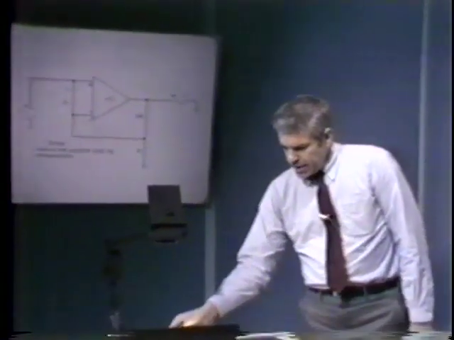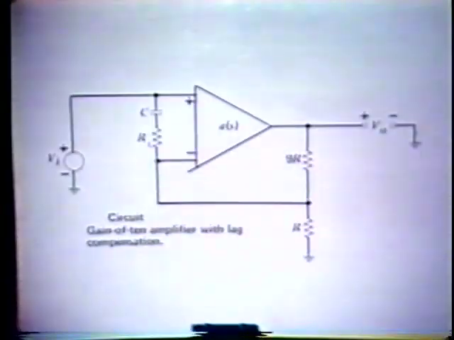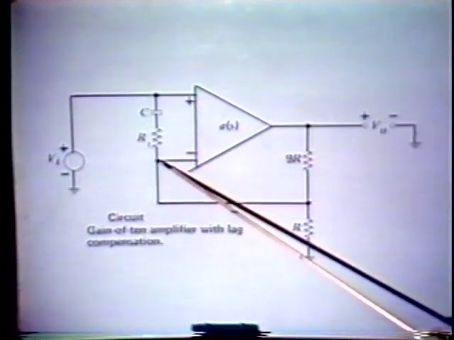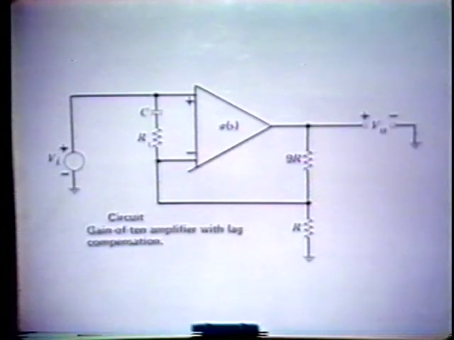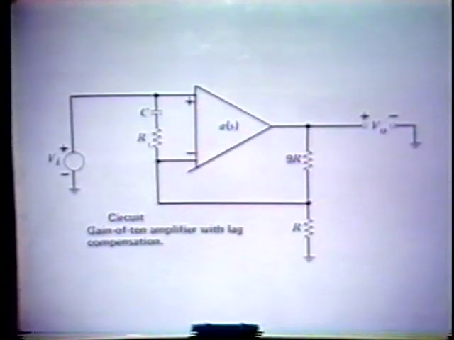Well, that's one kind of compensation that we can apply to our operational amplifier. What else might we do to it? We talked about lag compensation, and I'd like to look at how we might apply lag compensation to this system. We mentioned last time that when we use this configuration with resistive feedback in a non-inverting configuration, if we simply shunt a resistor between the input terminals of the amplifier, we're able to reduce the A0 F0 product. We did that as an example last time of how we might compensate an amplifier, in particular this type of non-inverting configuration,